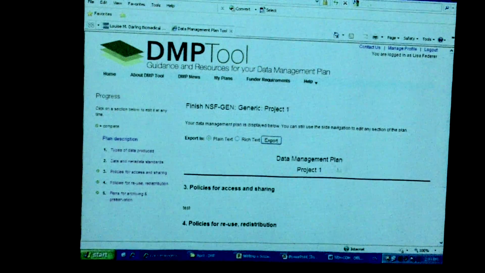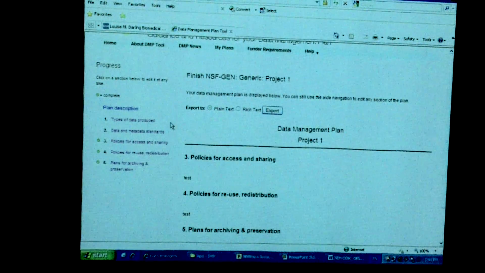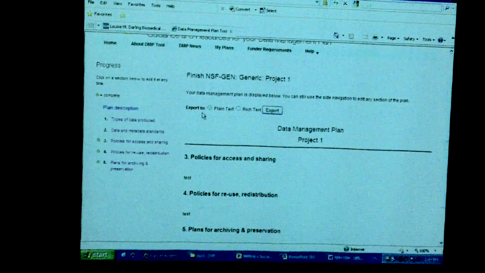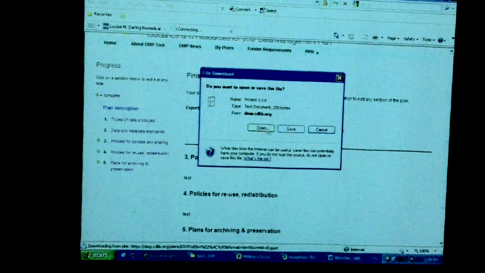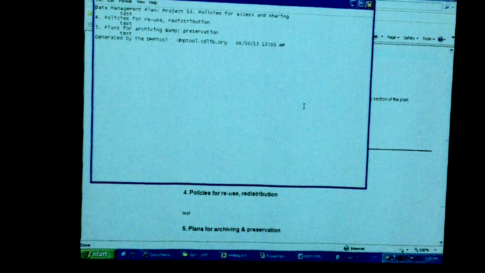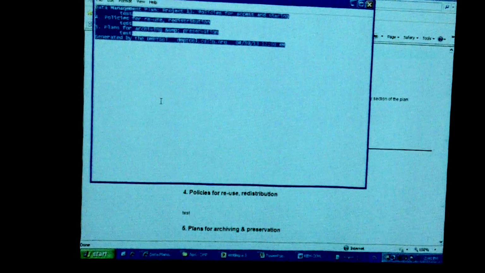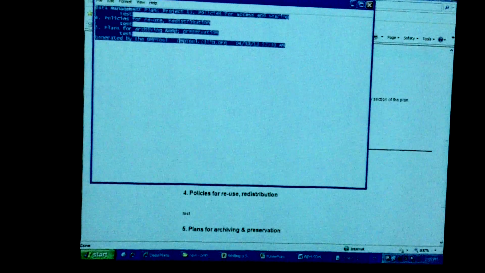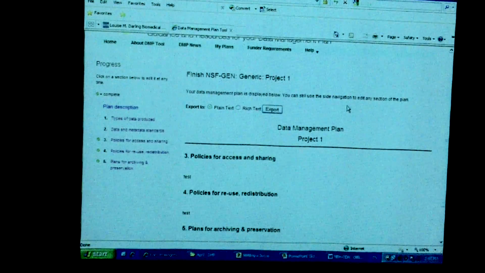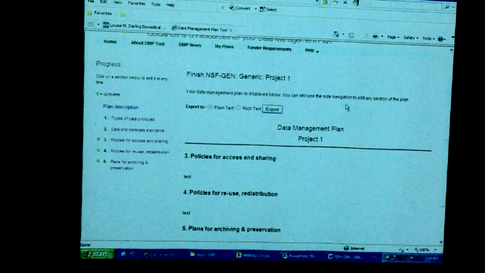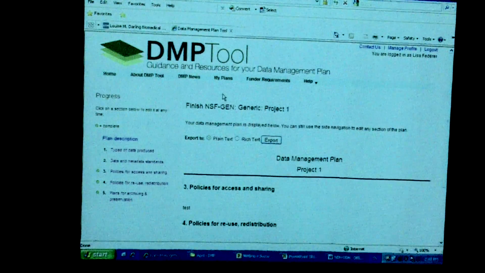And then when you are finished, at the end you have the option of exporting it as plain text or as rich text. So we could export this and then just copy and paste this into whatever Word or whatever we're writing our proposal in. You can also get this in PDF, but to do that you have to go back